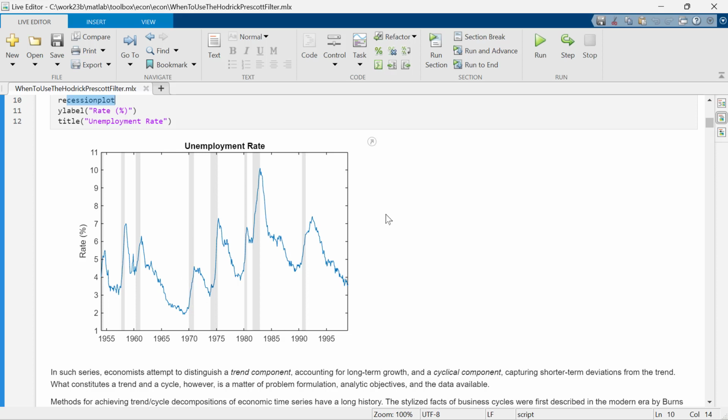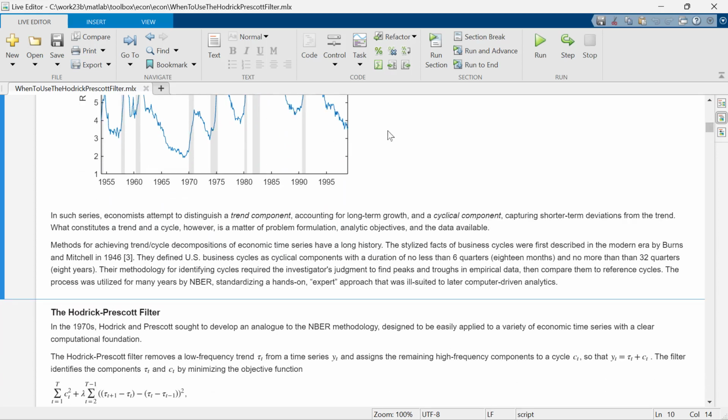And what economists seek to do with data sets like this is try to separate out a notion of trend in this data and a notion of cycle that's going to be meaningful. As I mentioned, and as is discussed here, there's a long history of how to do this and what's the right way to do this and how we separate out trend and cyclical components in economic data.